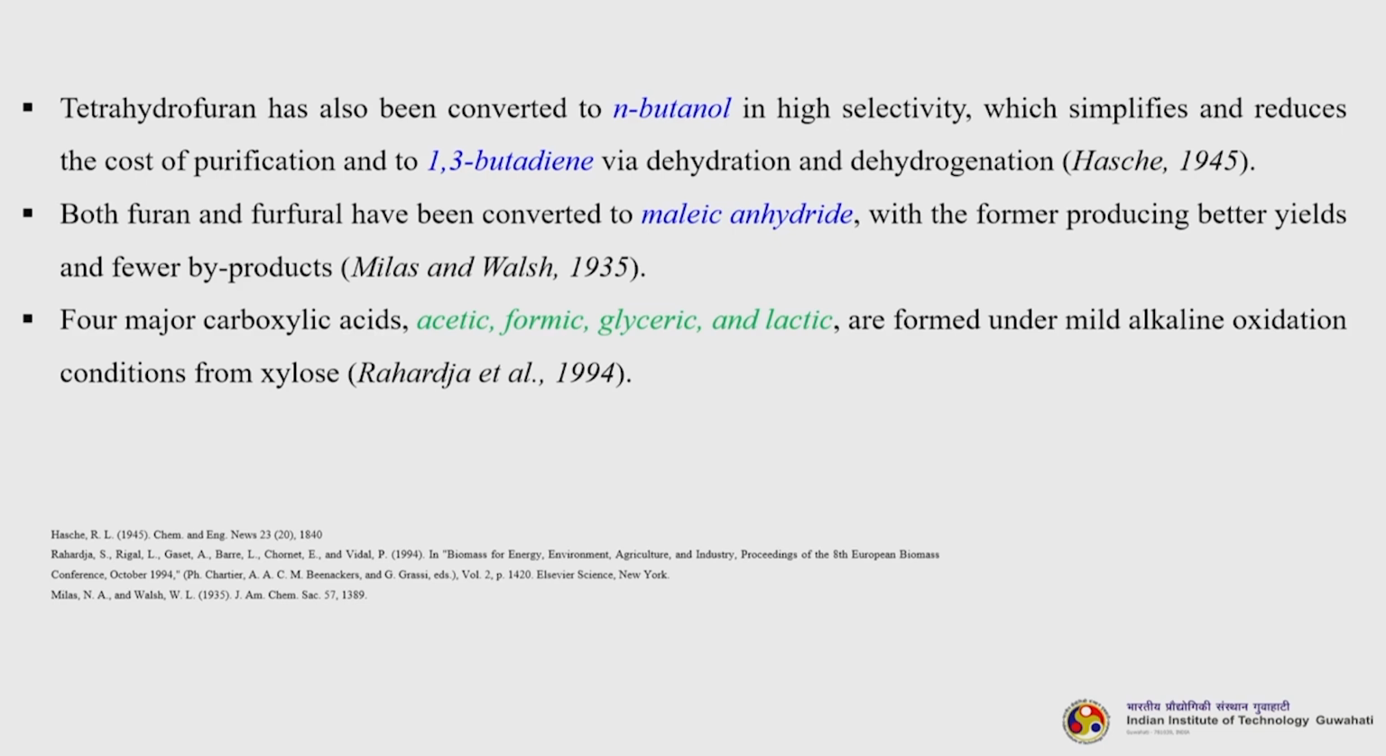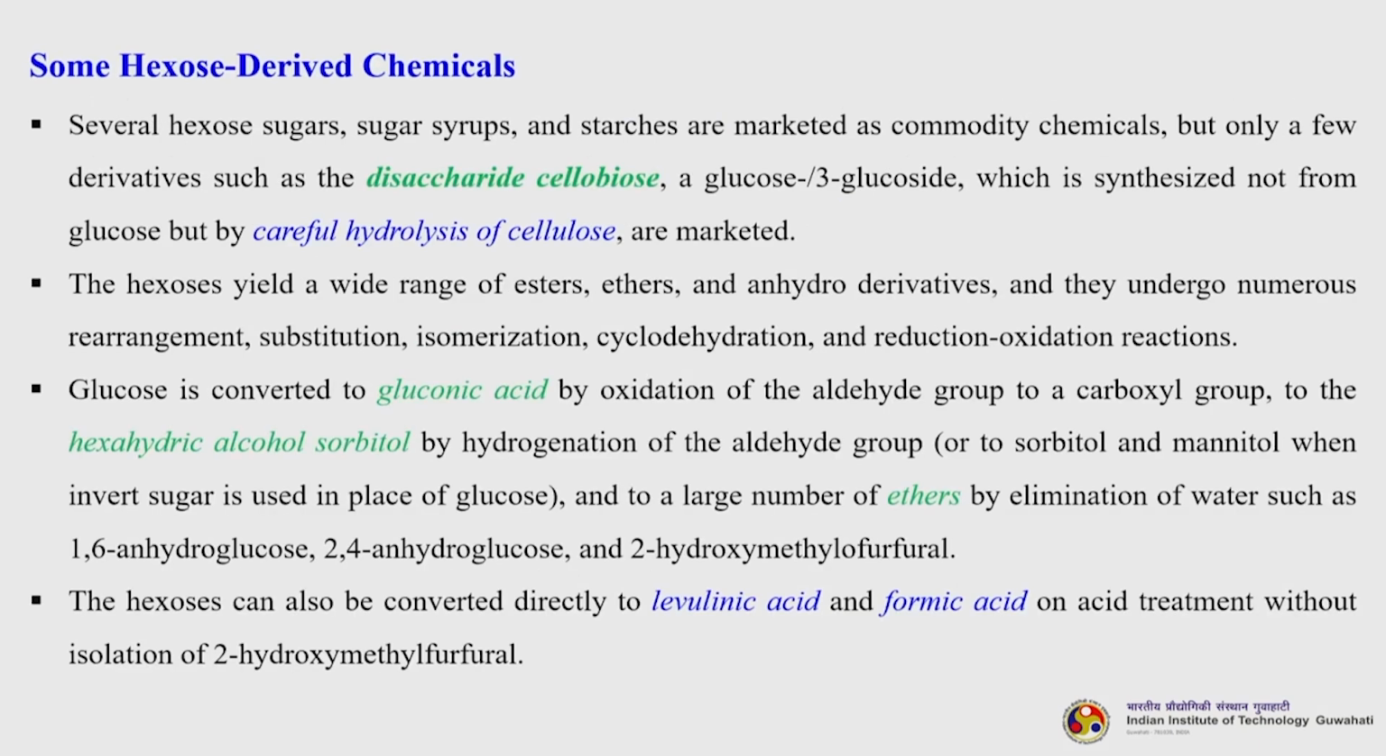Both furan and porphyryl have been converted to maleic anhydride, another important class of platform chemicals, with the former producing better yields and fewer byproducts. Four major carboxylic acids, such as acetic acid, formic acid, glyceric acid and lactic acid, are formed under mild alkaline oxidation conditions from xylose. So, we will now discuss some of the chemicals